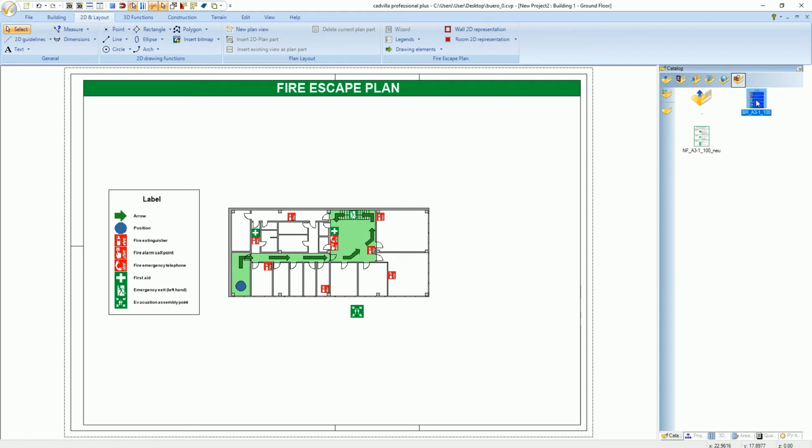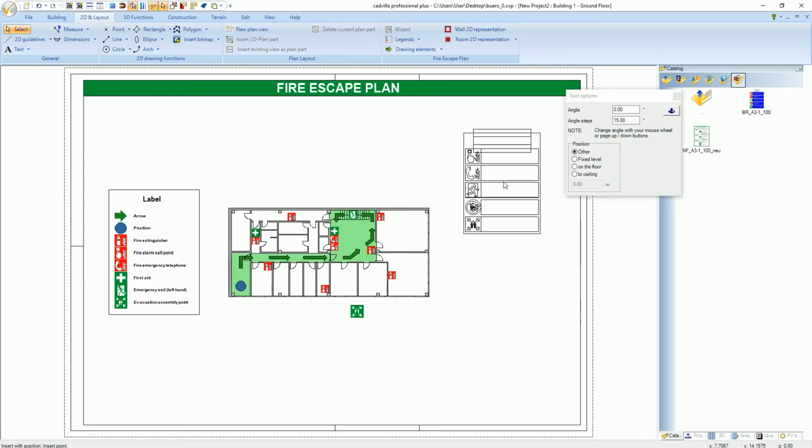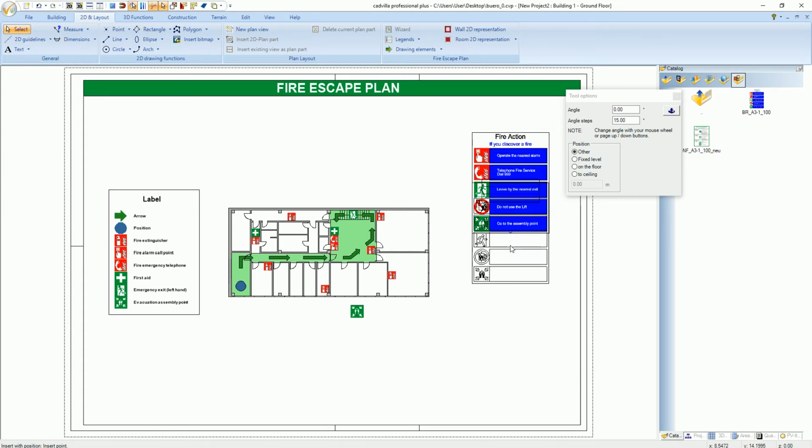We select it with a left mouse click, press and hold the left mouse button and drag the fire action plate into our 2D view. We press the left mouse button again to place it, and afterwards we press